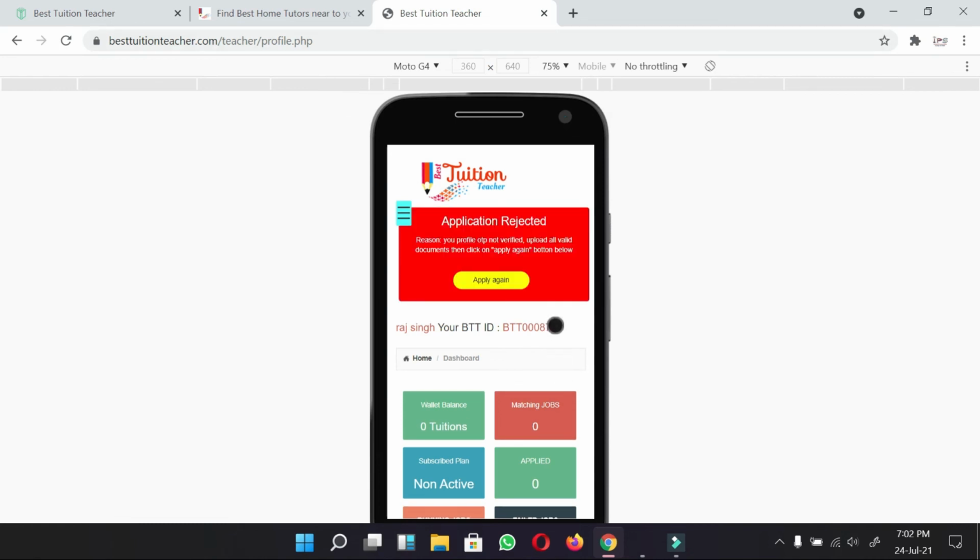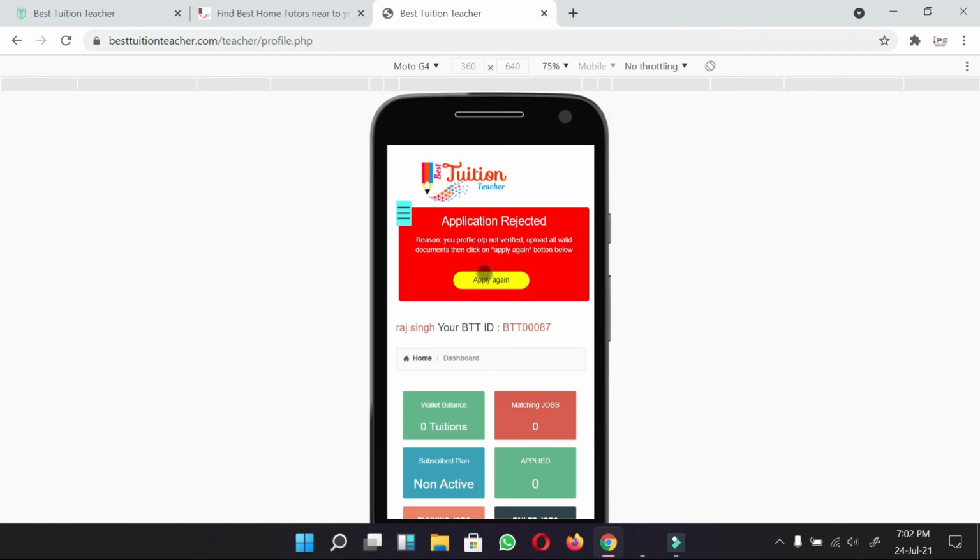Now the admin has checked my profile, and the admin rejected my profile. So in this case, if your profile is rejected for some reason, the reason is mentioned here, that is your profile OTP not verified, that we can see here. Upload all valid documents, then click on the apply again button below.